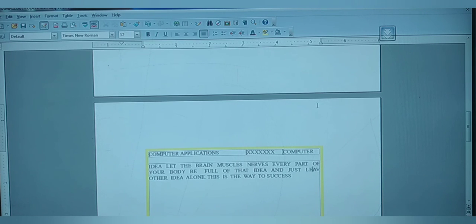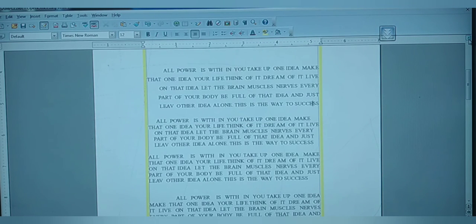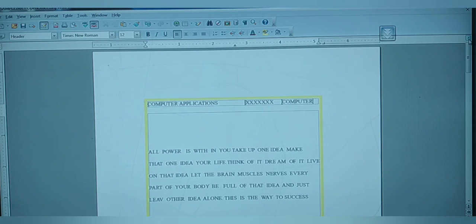Clear with this one? So in this session, what else have we discussed? We have discussed how to apply bullets and numbering, and how to remove it. Next, we have finished the page formatting. In that page formatting, what else have we discussed? How to apply the page margin, how to change the page size, orientation, that is landscape and portrait, and next how to change the page color and page borders. Similarly, we have completed working with headers and footers. So clear with the topic?